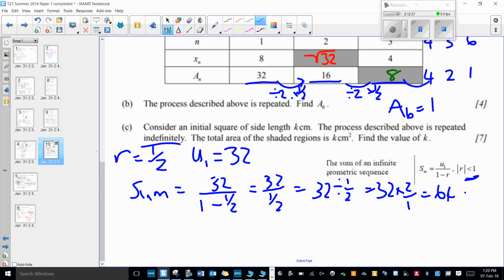Oh, what are you doing? One moment. That would teach me for not reading the question. Sorry, peeps. It is with an initial side length of 1, so forget that. This is now k. We'll make mistakes. So we've got k over 1 minus a half. Oh no, what am I doing? We're talking about the area. Oh, good lord. Okay, hang on, let me stop this one and